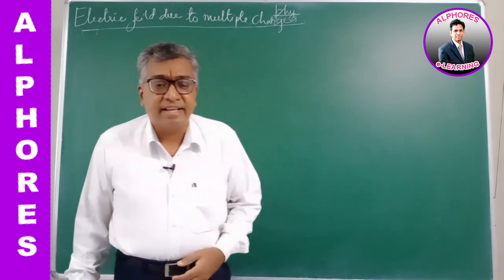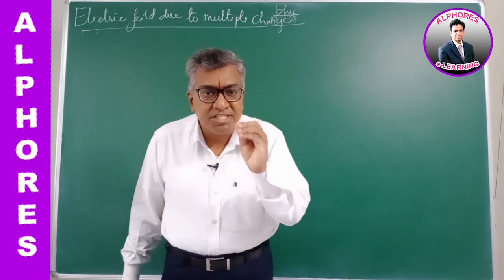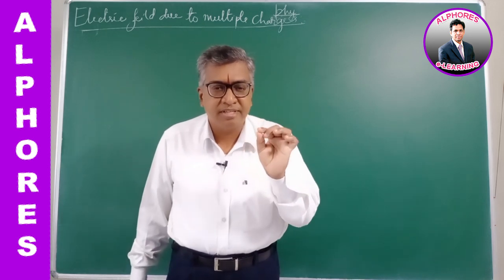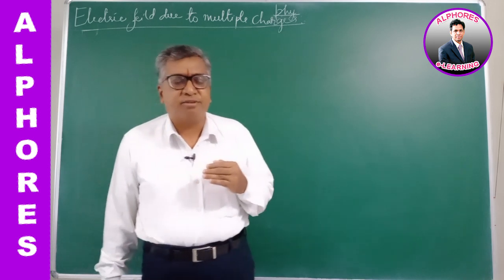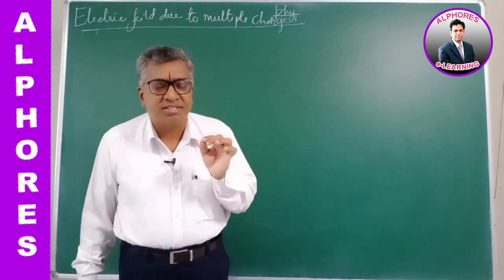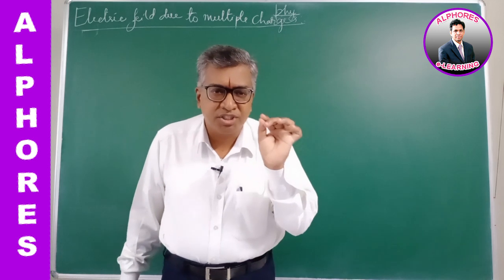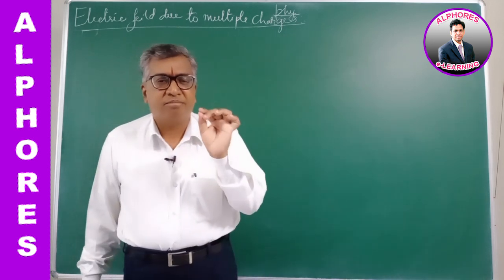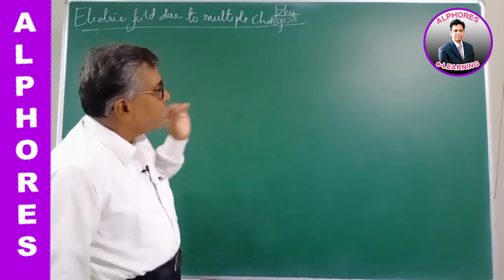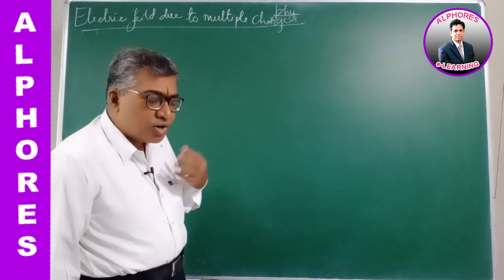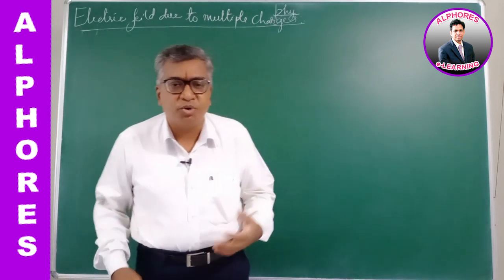And next, the electric field due to a point charge. Force experienced by a unit positive test charge. By this definition, we have evaluated the electric field due to a point charge. So the electric field due to a point charge Q at a distance d is 1 by 4 pi epsilon naught Q by d square. Now today, let us learn what would be the formula for the electric field due to multiple